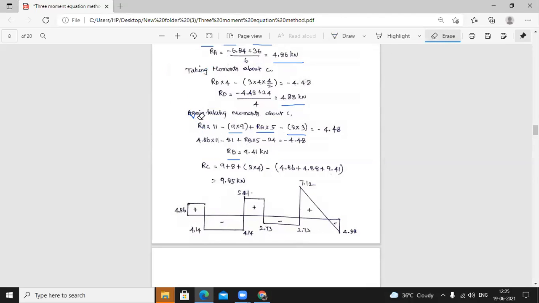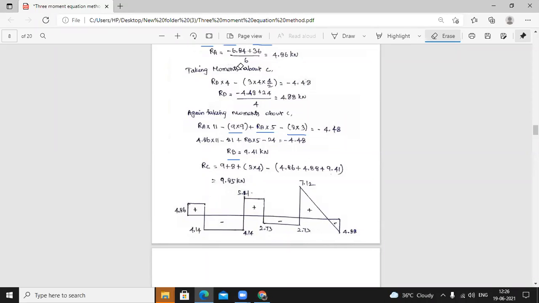So this is our RB value. Next, RC. What is RC? We know RC is the total load minus the reactions. What is the total load? As per Newton's third law, every action has an equal and opposite reaction. So the total load is equal to the opposite reactions. There are 4 reactions. We found 3, RA, RD, RB, and RC is pending. All 4 reactions are equal to the external downward load.